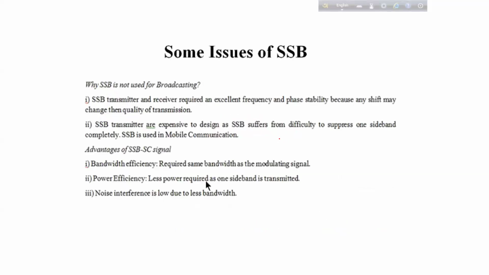Now there are some issues of single sideband. The single sideband transmitter and receiver require excellent frequency and phase stability, because any shift may change the quality of transmission. As you are sending a single sideband, the receiver quality and sensitivity should be very high. Again, SSB transmitters are expensive to design. SSB suffers from difficulty to suppress one side